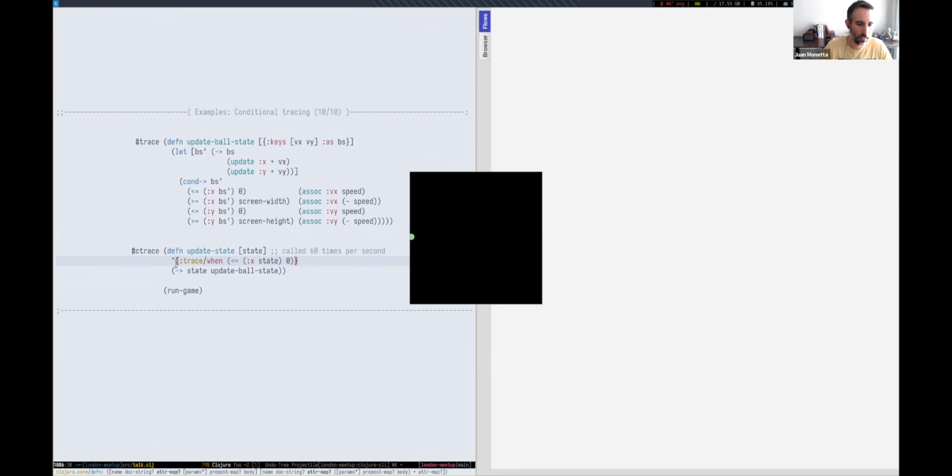For example, here, adding this metadata on top of this form, we are saying, okay, enable traces when X of the ball is less or equal to 0. So whenever the ball is hitting this wall. I'm not interested in everything else because, I don't know, it's an example. So